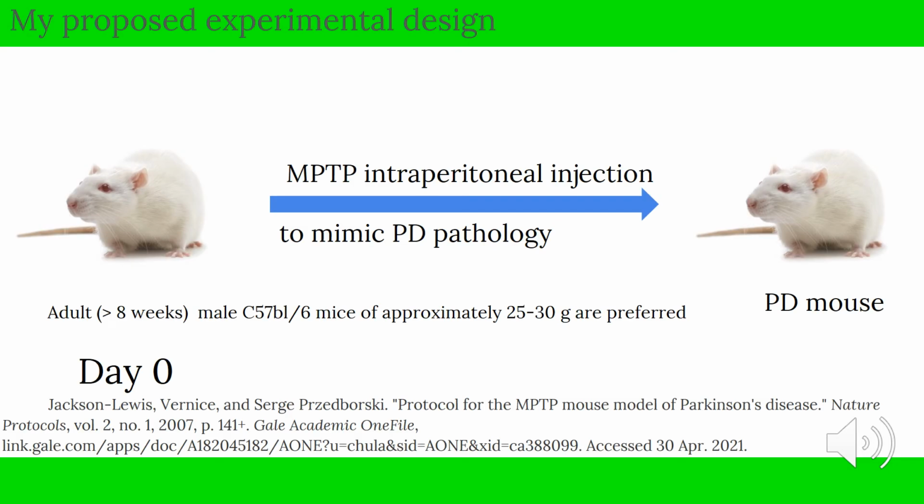First of all, there are many substances such as 6-OHDA and paraquat that are used to induce Parkinsonism. In this experiment, we use MPTP by injecting it intraperitoneally, together with oral intake of probenecid to lower the inevitable systemic side effect of MPTP, which can be lethal to the mice. We use adult male C57BL/6 mice as an animal model because this strain and this gender of mice can tolerate MPTP toxicity more than others.